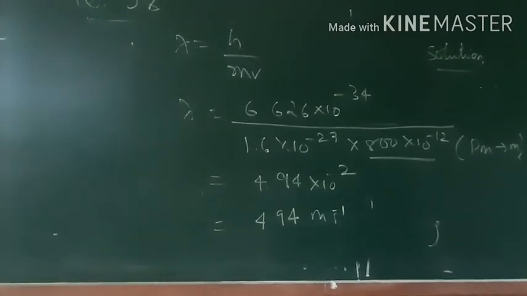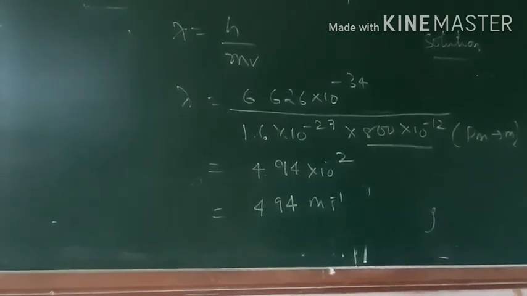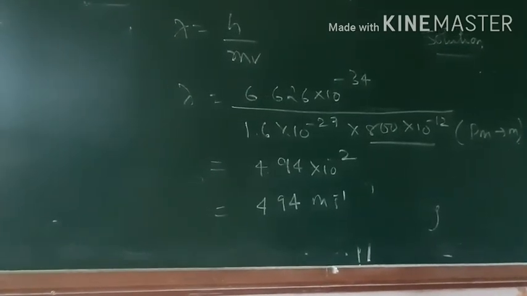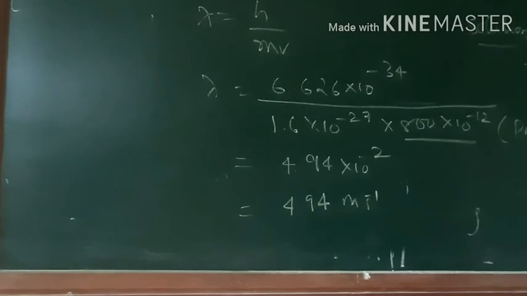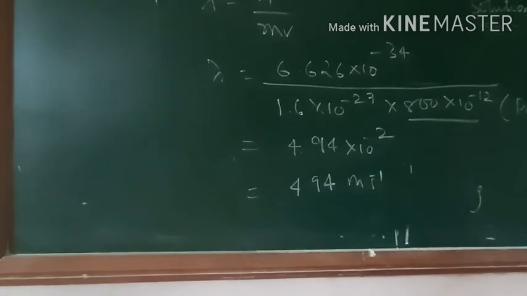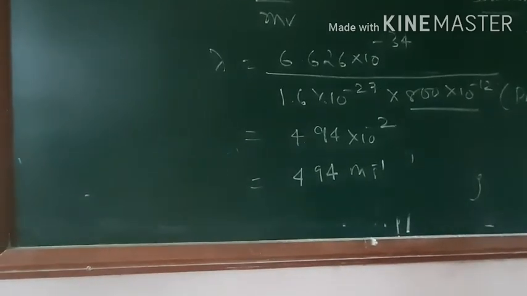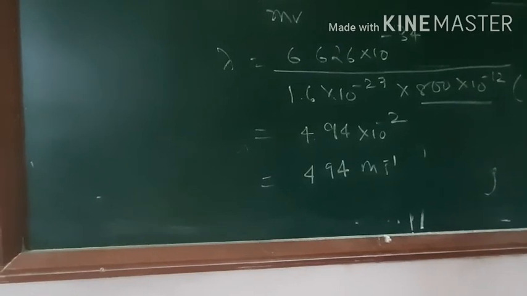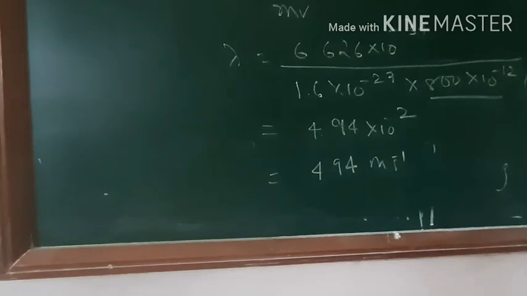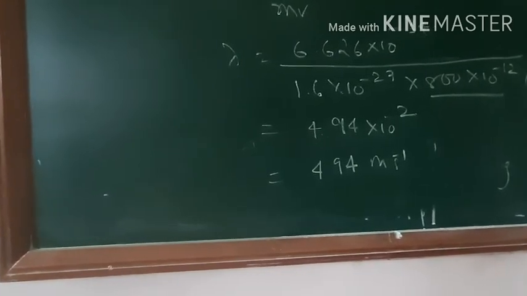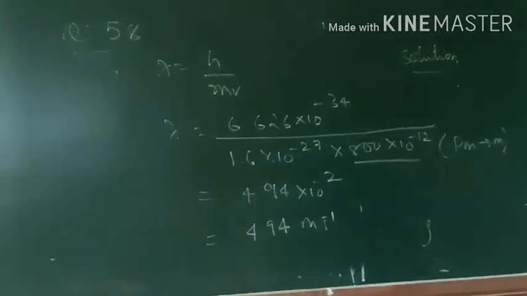Now, whatever the heading in the particular solution, we have 800 picometer there. So I have converted it into meter, it is 800 into 10 raised to minus 12 meter. So whatever the last value we are getting, it is 4.94 into 10 raised to minus 2 meter per second inverse. So if we want to take two digits, the decimal, then plus 2 minus 2, that means 2 minus 2 is 0. So 4.94 into 10 raised to minus 2 we can write as 494 meter per second. So this is the very last question for today.